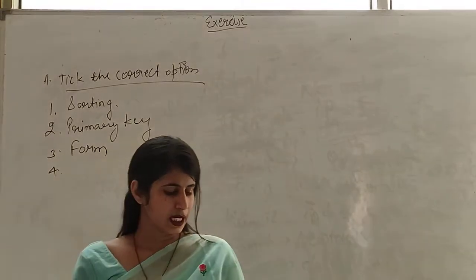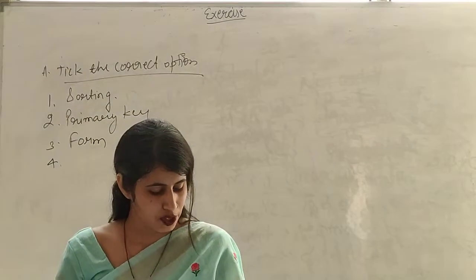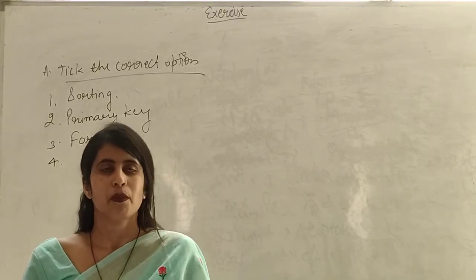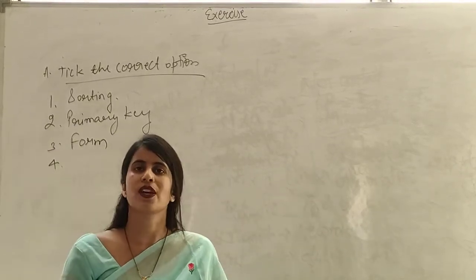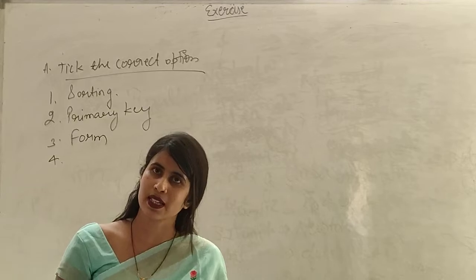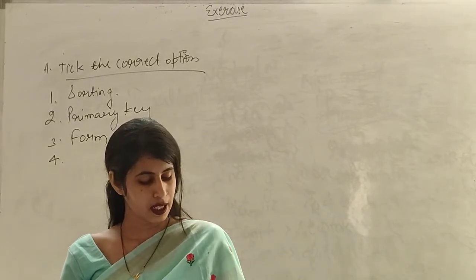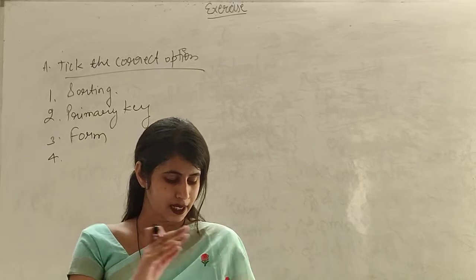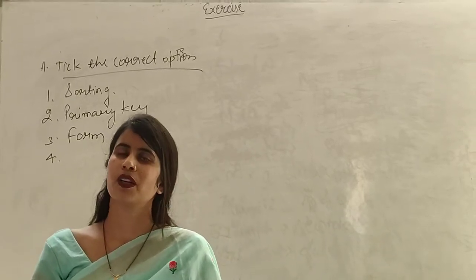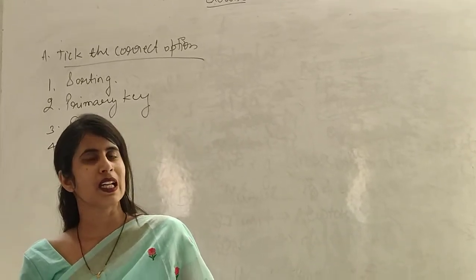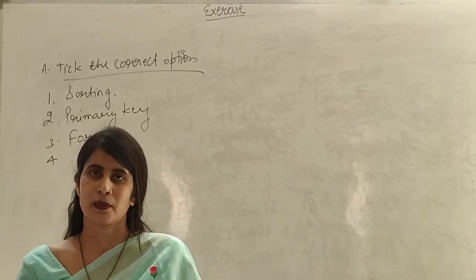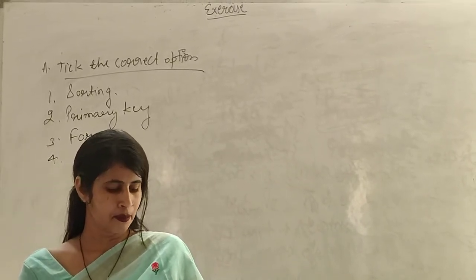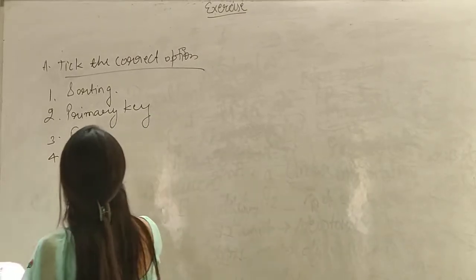Next question is, it stores a sequential number for every record in a table. Sequential number means series number, and options are serial, auto number, autofill and time date. We know that auto number means automatically we are giving the number in the form of a series. So the answer will be auto number.